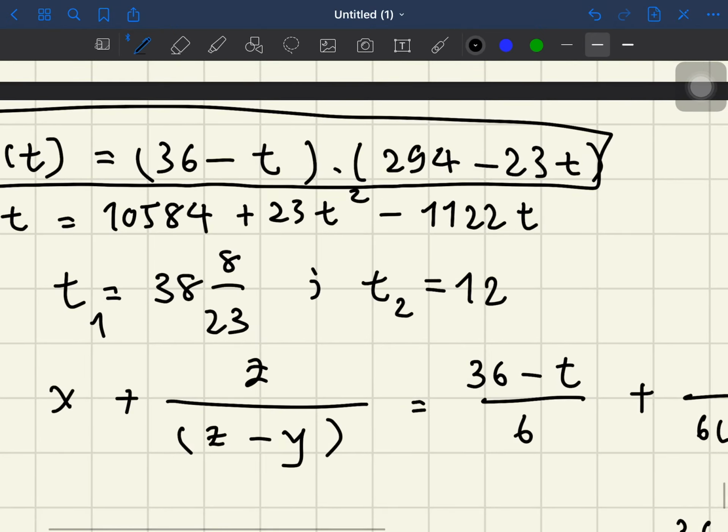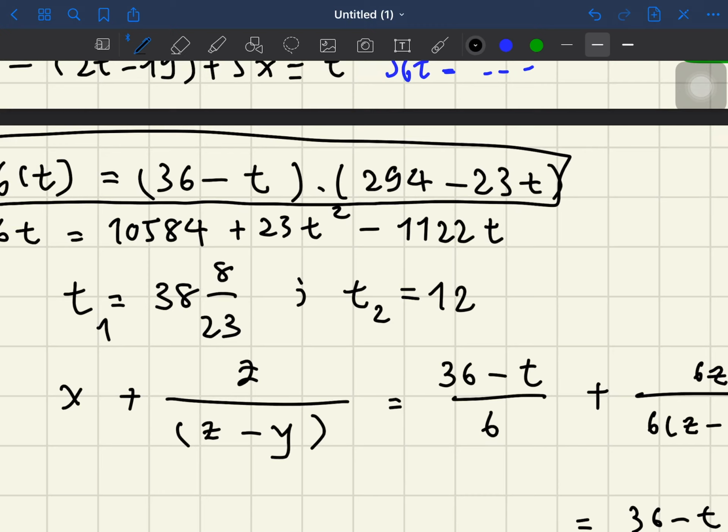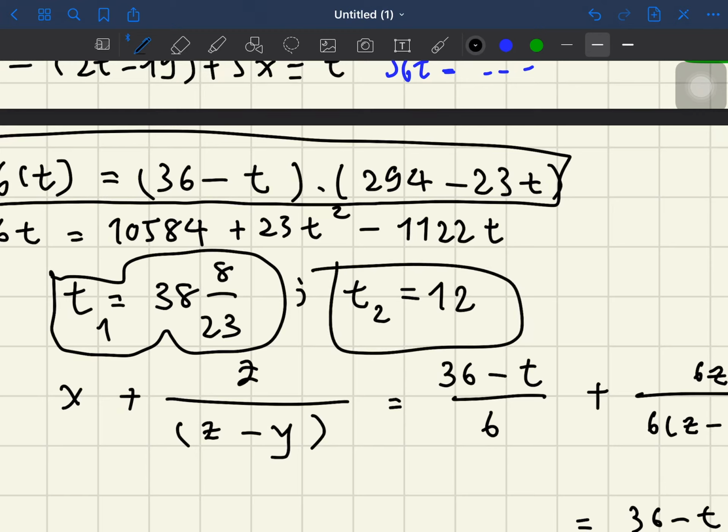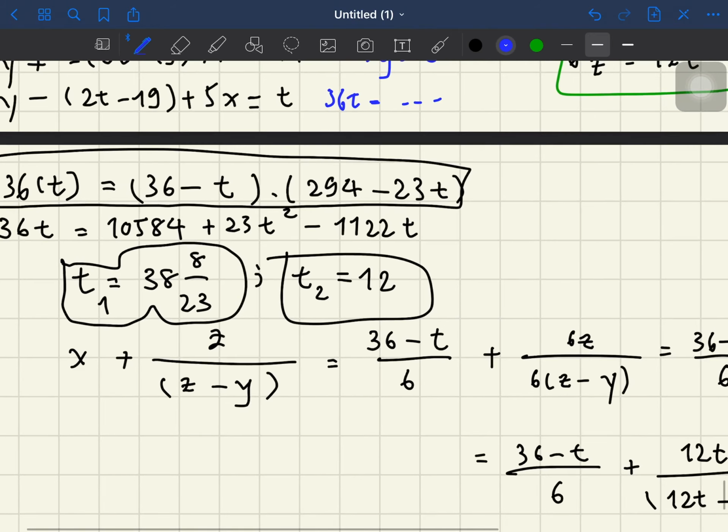So I've obtained t with two answers because you will have a quadratic formula at the end, which are these: t1 equals a mixed fraction, and then t2 equals 12. Well, let's just try to solve for each x and y. However, I chose not to do so because I just want to try to